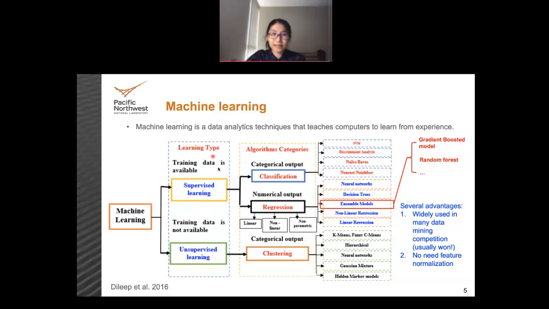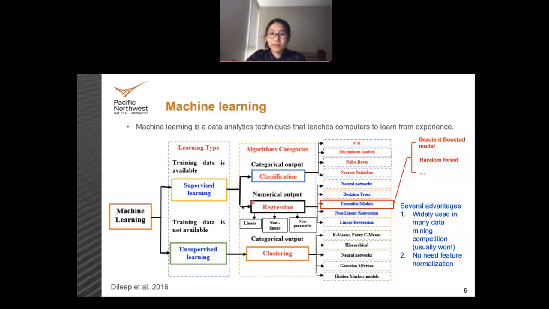Supervised learning is a type of machine learning where we tell the machine the right answers during the learning process. Then the machine can utilize the relationship between predictors and the correct answer and figure out the relationship between them. While for unsupervised learning, there's no correct answer, so we just ask the machine to figure out the patterns by itself. In our tasks, we will use supervised learning.